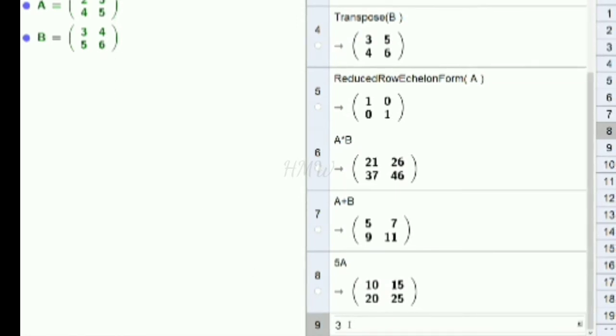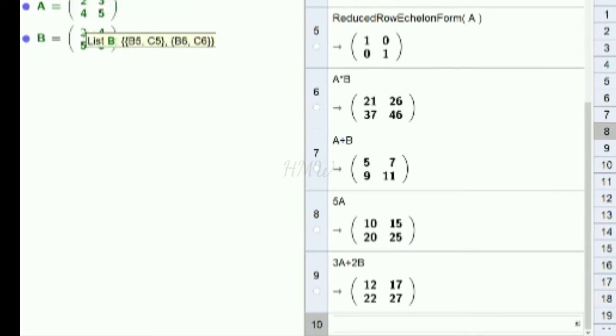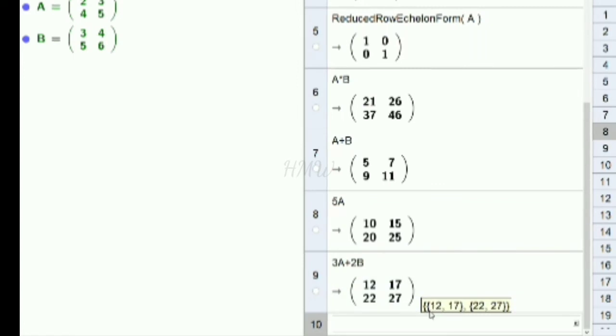Suppose it is 3A plus 2B. That will multiply this by 3 and this by 2, add, and you get this. So these are the basic operations, basic syntax we use. Similarly, you can do this for a 3 by 3 also.